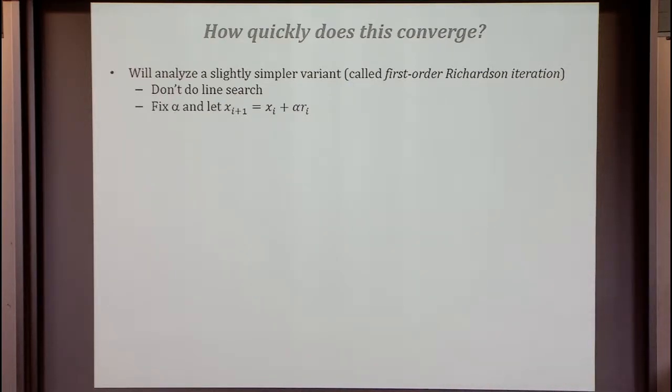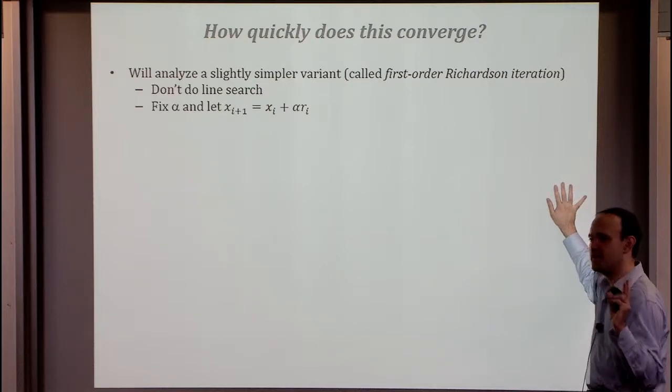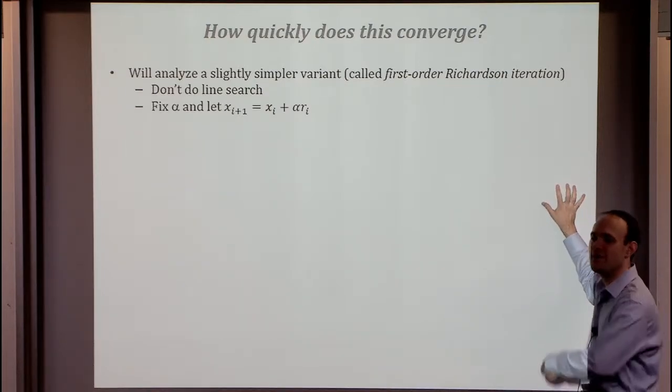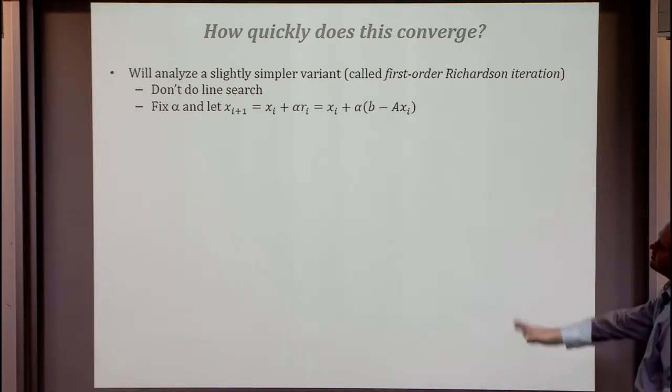It is possible the line search can sometimes do much better. But you should think of steepest descent as more or less just picking the best alpha without you telling it the right alpha in advance. So, okay, that's the main simplification. Not a huge deal. And we're just going to do some algebra with it.